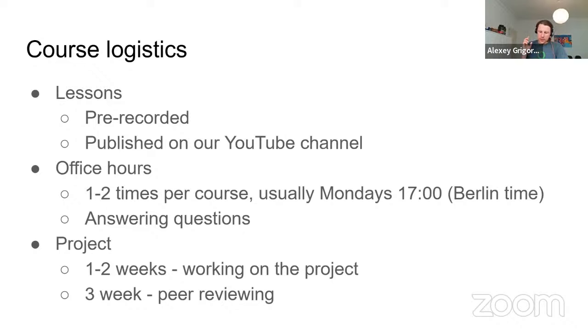So in order to get a certificate of completion at the end of this course, you need to finish a midterm project and a capstone project. Or, well, there are 3 projects and you need to finish 2 of them. So it could be capstone 1, capstone 2. If, for example, you discover this course in November and you don't have time to complete the midterm project, then you can just complete 2 capstones, right?